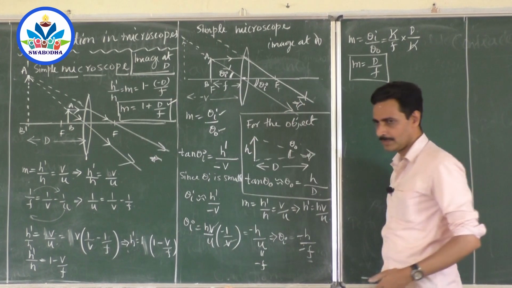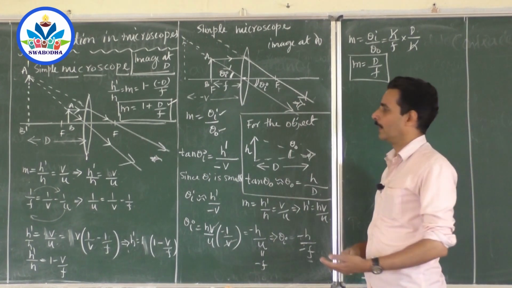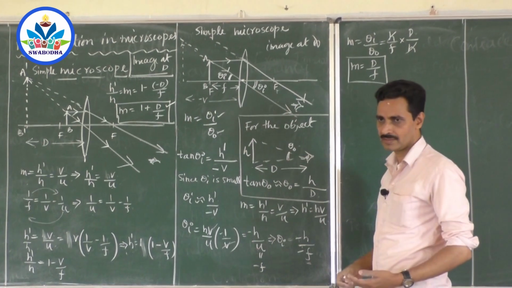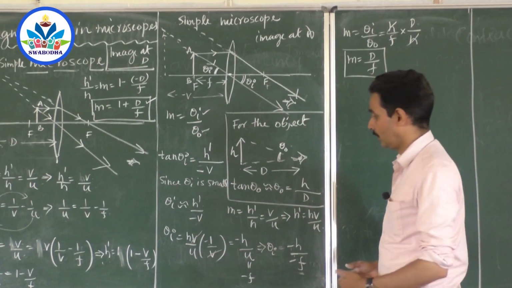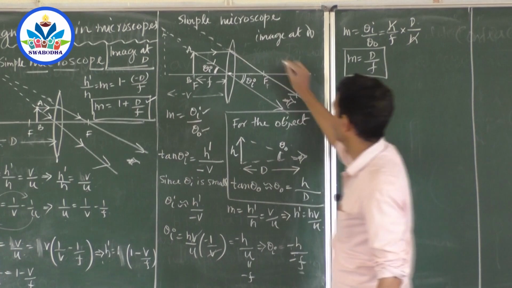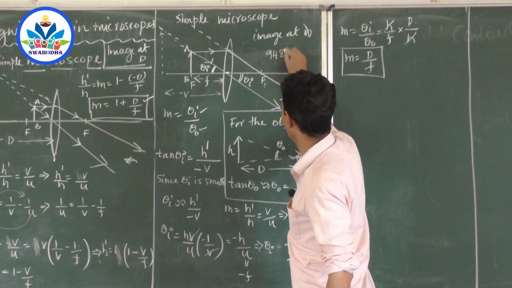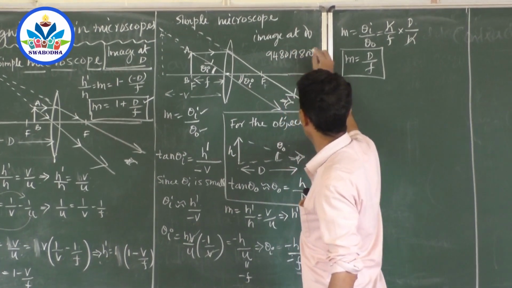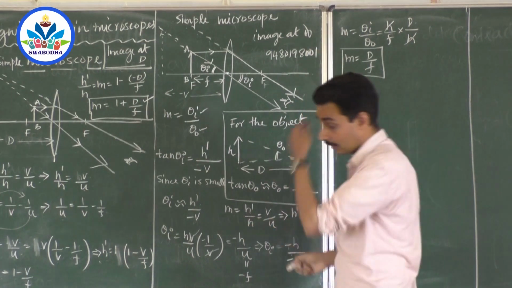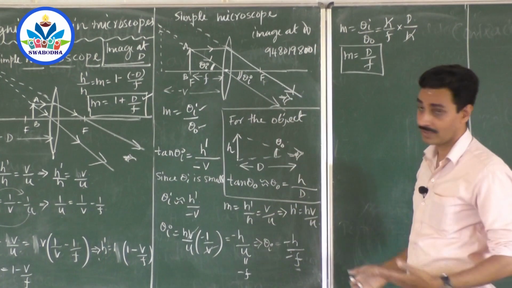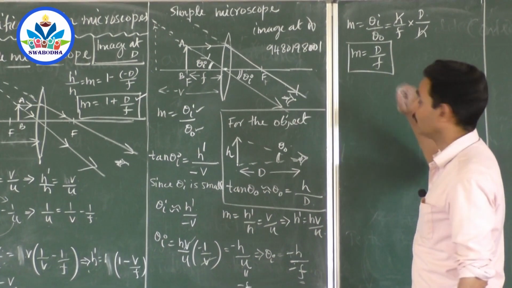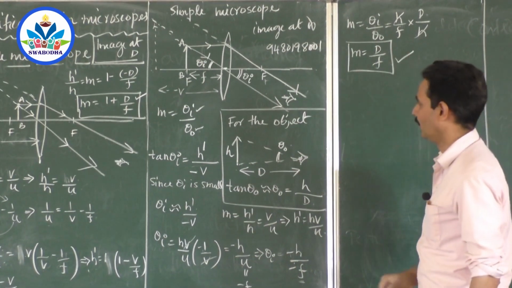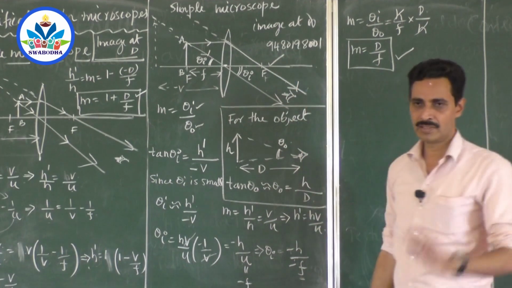If you have not followed the method, just go back and see the video once again. And if you have any doubt, you can clarify it by sending a message to the same number. Okay, because I don't know where you will get trapped. I have told whatever I know. If you still have some more doubts, you just clarify it. But remembering this formula and remembering the diagram is important.